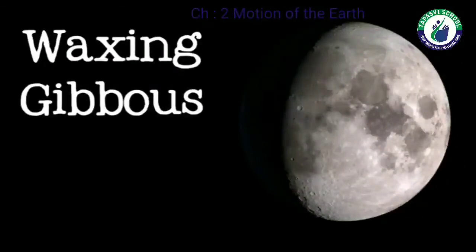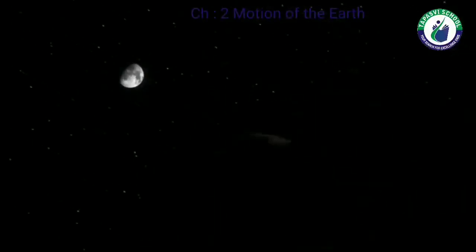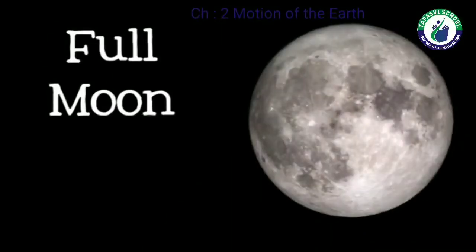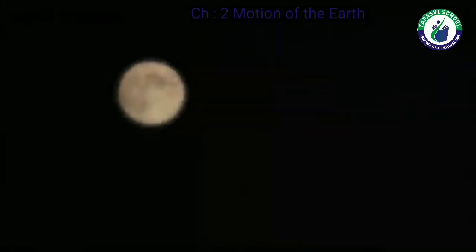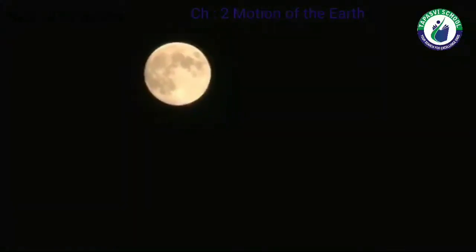Gibbous means humped or swollen, and again, we call it waxing because it grows thicker every night until it reaches the next phase, the full moon. A full moon is the biggest, brightest, and easiest phase of the moon to see. The moon rises at sunset and is up all night, so if you are outside and the sky is clear,